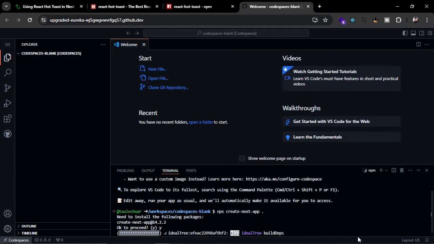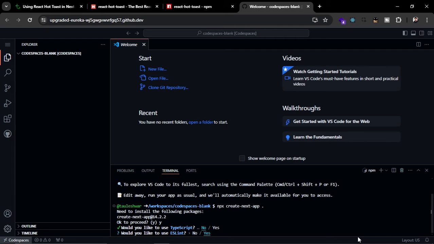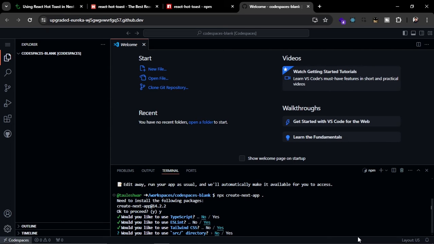We have to accept these terms. I'm just going to continue with JavaScript for now, so let's say no here. After that we can just press enter, and